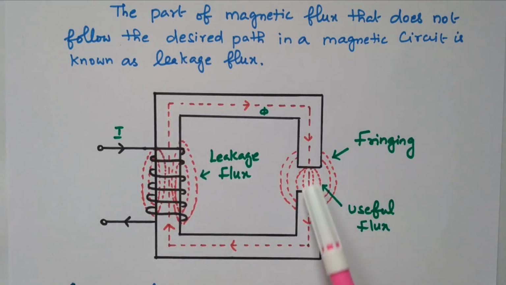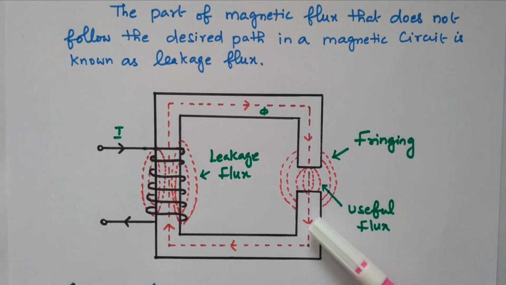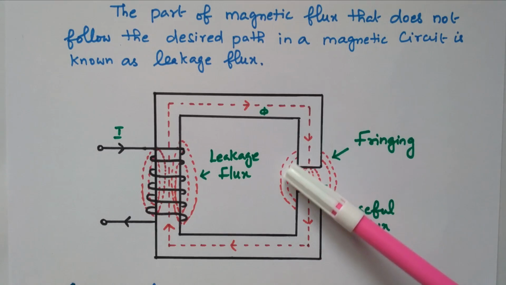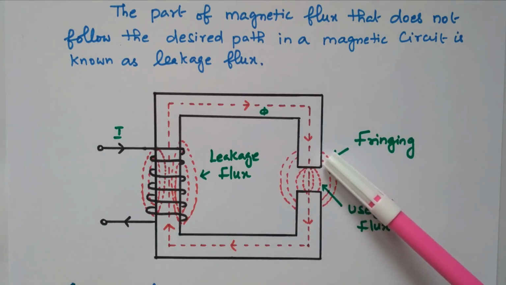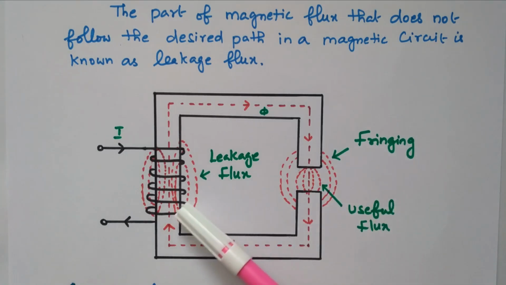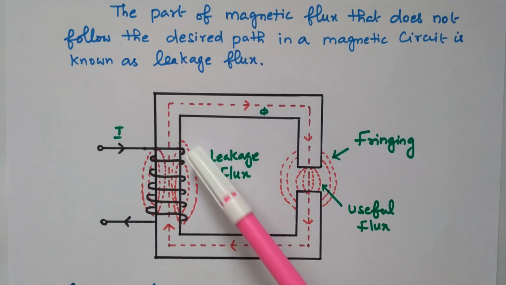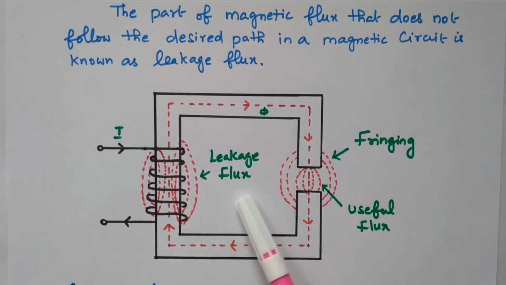So, at this point we have the air gap available. Through the air gap also the fluxes are flowing. The fluxes flowing through this air gap is a useful flux. See this, some of the flux are deviating from the desired path, it's going out, it is bulged outside. So, that is called a fringing. Also here in the coil, some of the fluxes